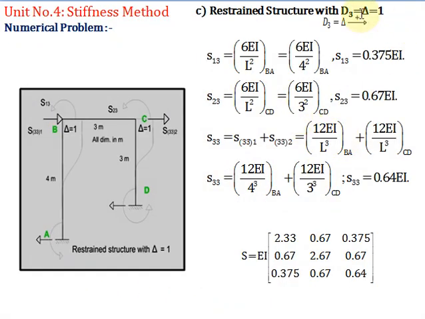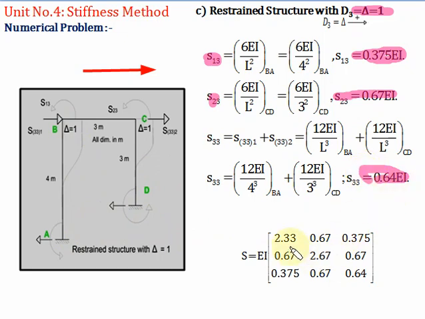Then we applied the third unknown, that is delta equal to 1. We assume that the sway is toward the right. Now from that we have found out S13, that is 0.375, then S23, that is 0.675. This is S13 at support B, S23 is at support C, and S33 here for the vertical members, that is AB and CD, and we get the value as